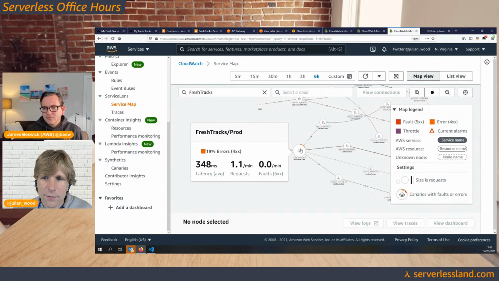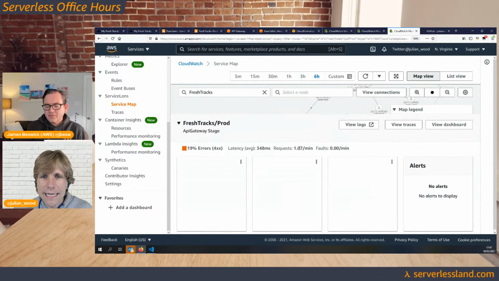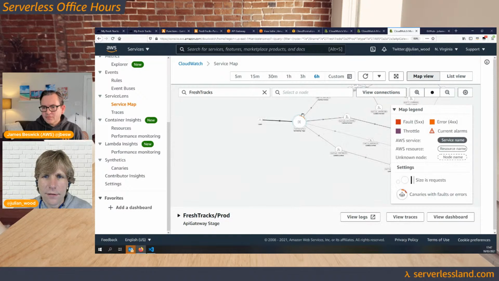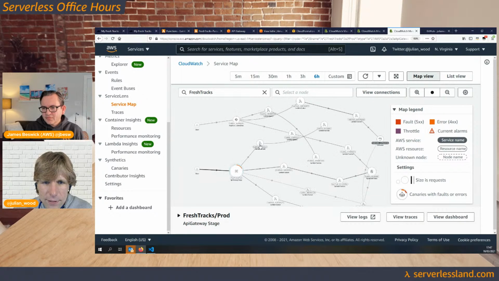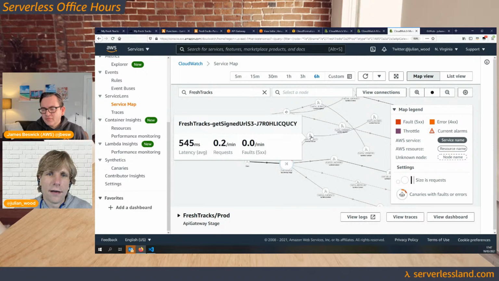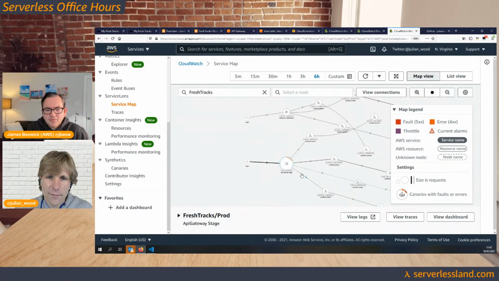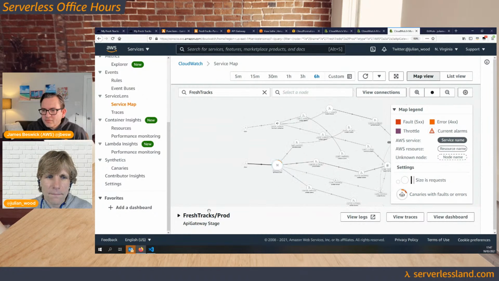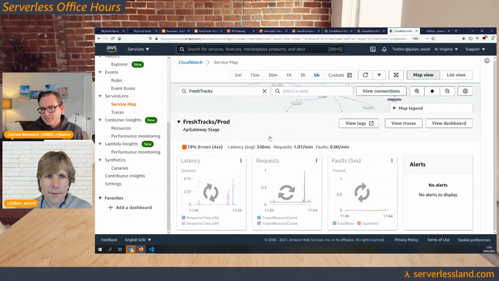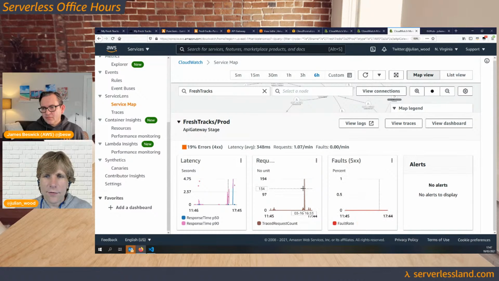I've got 4xx errors. What's going on over there? So that's API Gateway. I can also select, let me just do that before I click out. If I've got an API Gateway talking to a particular Lambda function, I can hover over a Lambda function, and this is going to give me some latency, requests and faults, and other general information. So back to my API Gateway, I can view over there, and immediately for API Gateway, I can see some latency information,